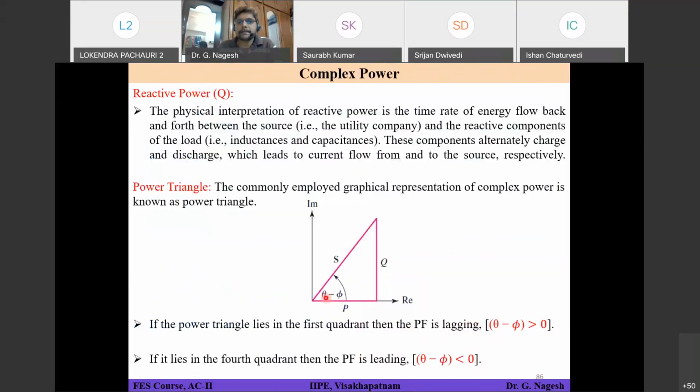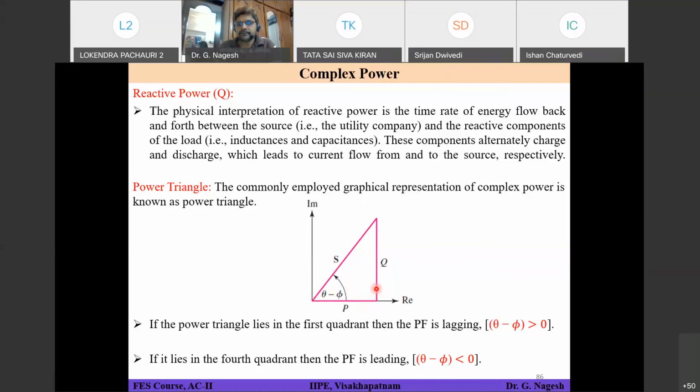What is the phase angle here? Look at this power triangle. Theta minus phi is the phase angle, so power factor is cos of theta minus phi. Now it has a 0.8 power factor, and I want to bring it up to 0.95, so it will be somewhere at this point, in between these two. After improving, the power factor should be higher, which means the phase angle should drop, so theta minus phi should reduce.